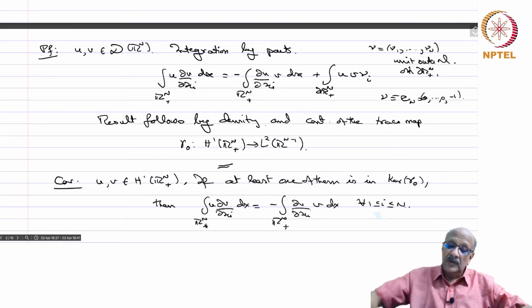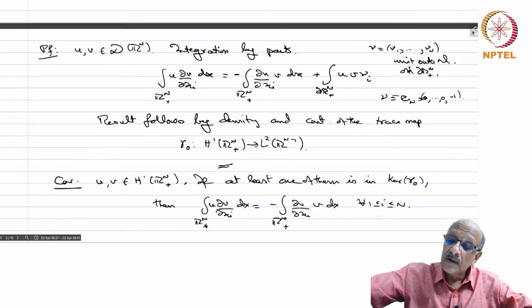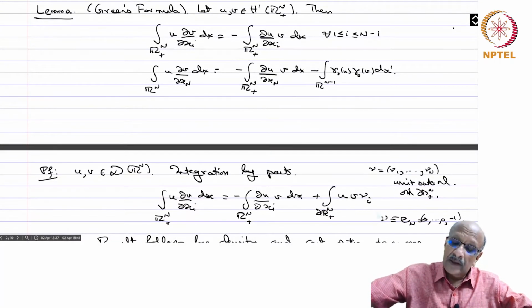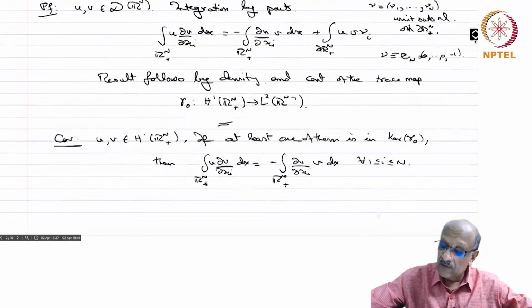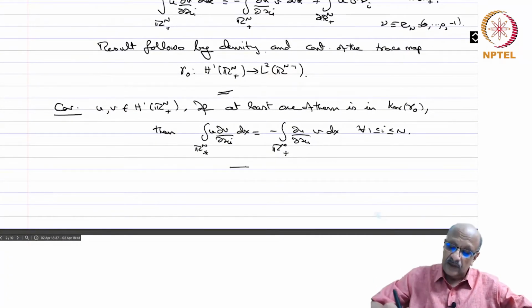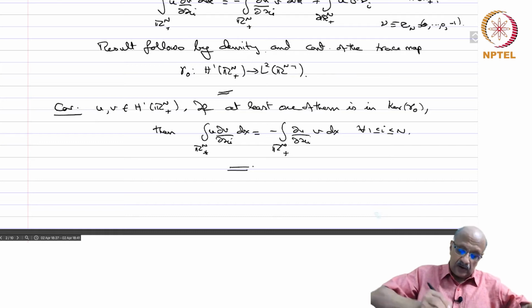This is obvious because for i from 1 to n minus 1 you already have this relationship, and for the last one, the boundary term vanishes because gamma naught u or gamma naught v is 0. So therefore you have this relationship for all the values 1 less than or equal to i less than or equal to n. Okay, so next corollary,